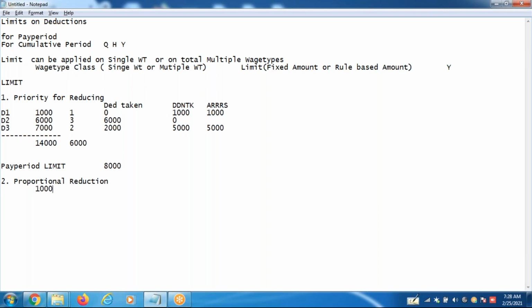See, I have 1,000 and 6,000 and I have 7,000. So this is 1:6, so 7. Okay, so this is the ratio in which the 6,000 should be deducted from these deductions. Okay, so first,